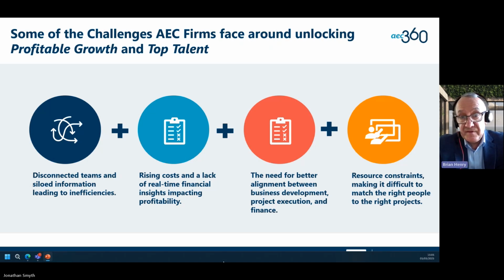We're hearing that there's a need for better alignment between business development, project execution, and finance. Multiple systems doing those processes. Well, what we're talking about today is one platform delivering all those different workloads. And finally, and something that we are going to be looking at today, is resource constraints, making it difficult to match the right people on the right projects. And that's something that Jonathan is going to be talking about later on in the demo.